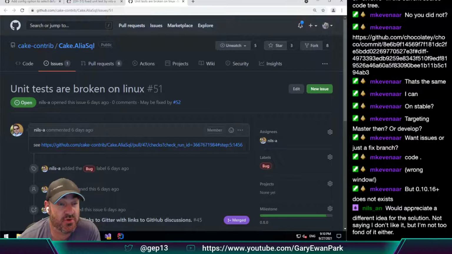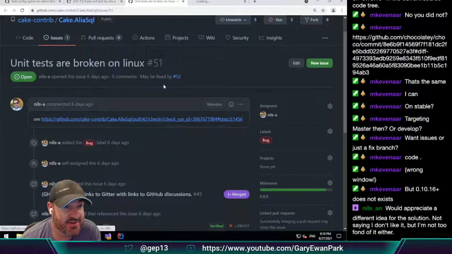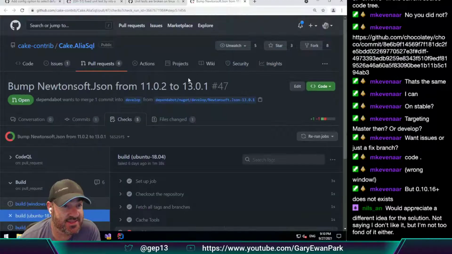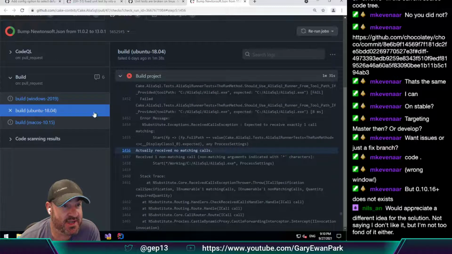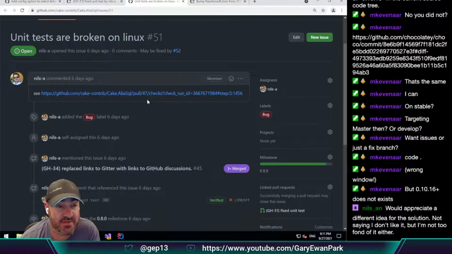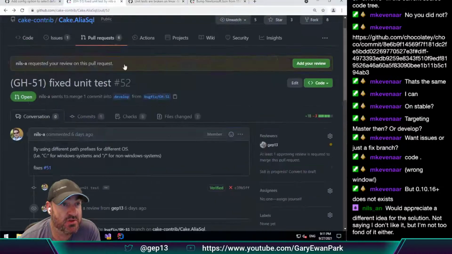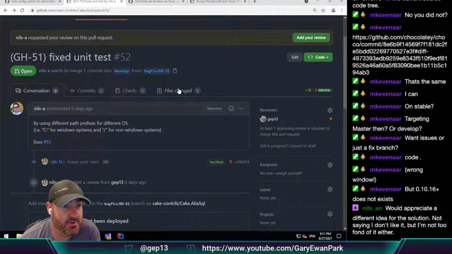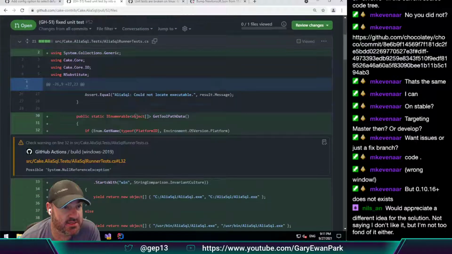So unit tests are broken on Linux. I've got a Mac that I can build on. If we go over here and look at this, the unit test on Ubuntu must be saying we expect there to be a call to a specific method, and that method was never called. So if we look in the unit test, what it's saying is,